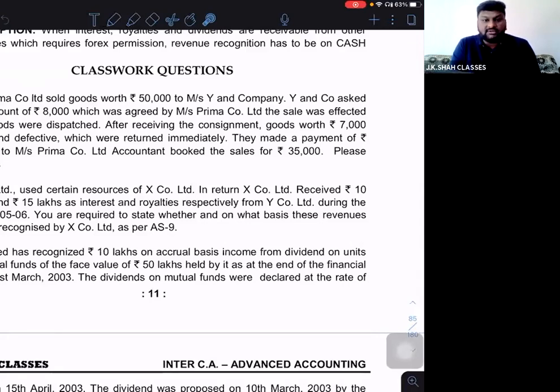Because there are 2 types of discount, trade discounts and cash discounts. Trade discounts are not recorded in the books, only their effect is given. Effect is given means what? Sale less trade discounts, whatever is the net price is recorded as a sale. And if it is a cash discount, then it is your expenditure and that expense is recorded in the P&L